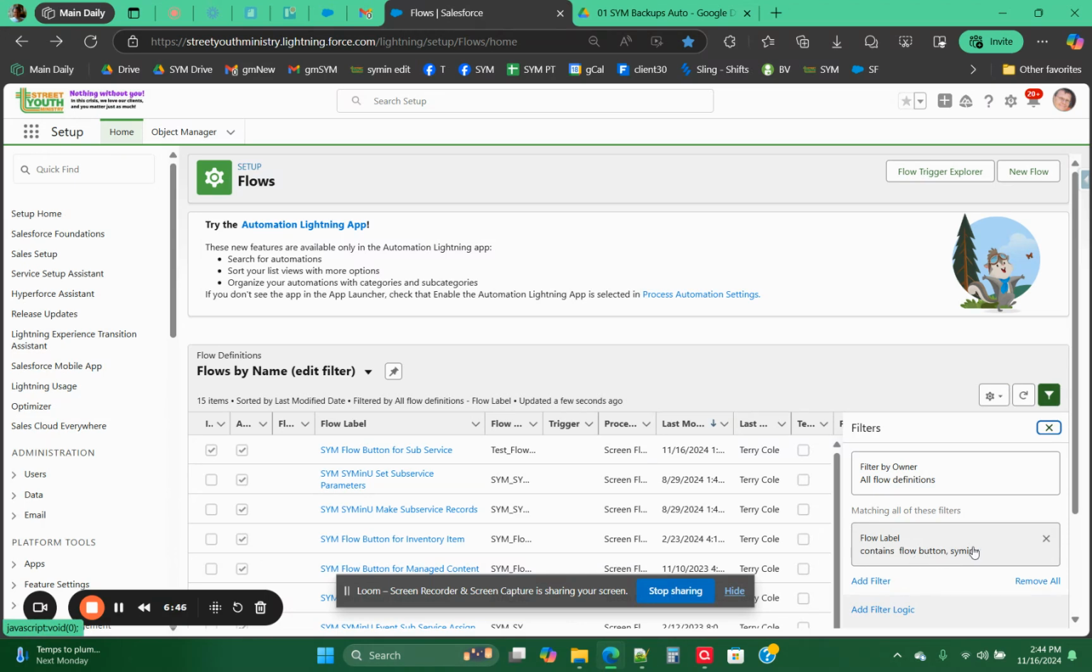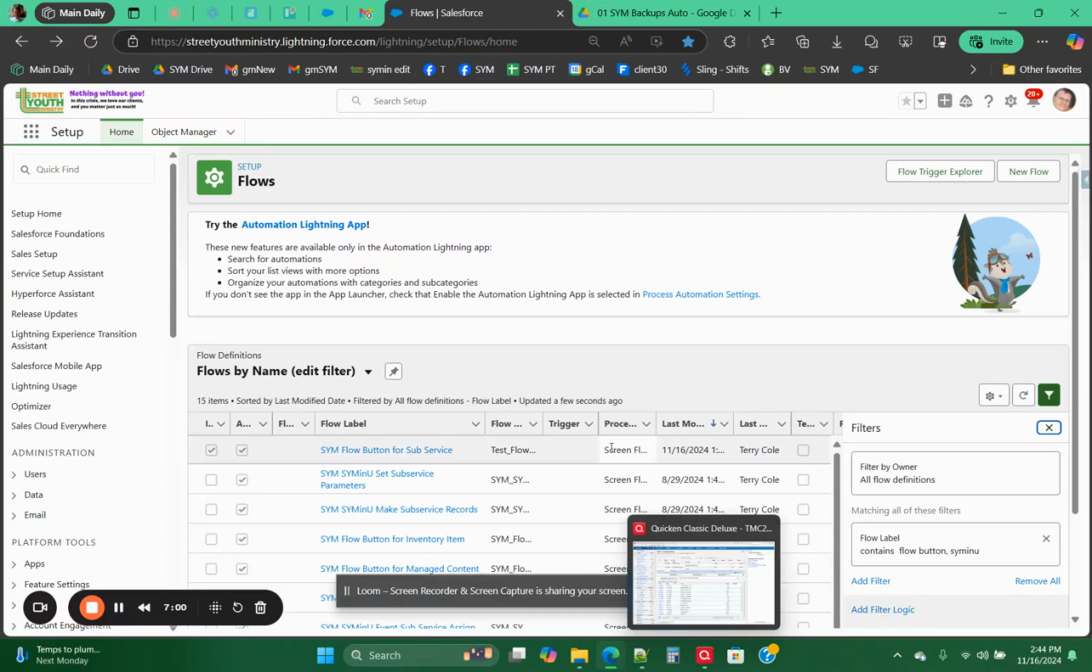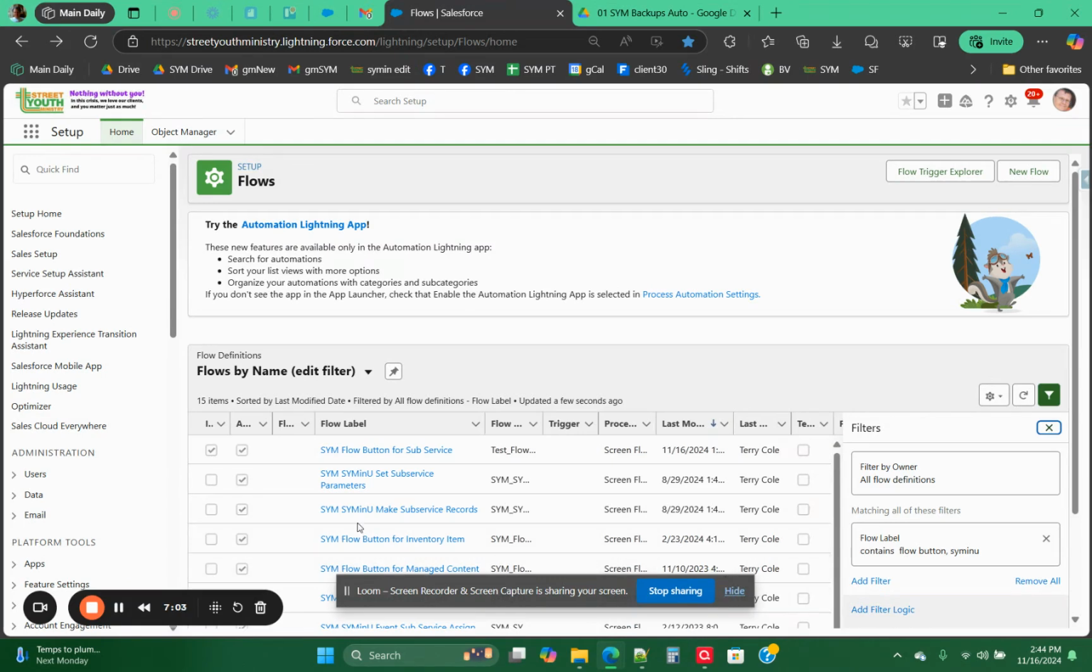and if you're working on, say, flow button, or in this case, flow button, comma, which means or, Simon U. And when I'm done with that implementation project, I might completely replace that flow label with something else. Or if I have an overlapping set of projects that I'm working on, I might put another comma. But that lets me find just the flow labels that are related to what I'm working on right now. Okay, so that's your second one: create this flows by name, edit filter view,